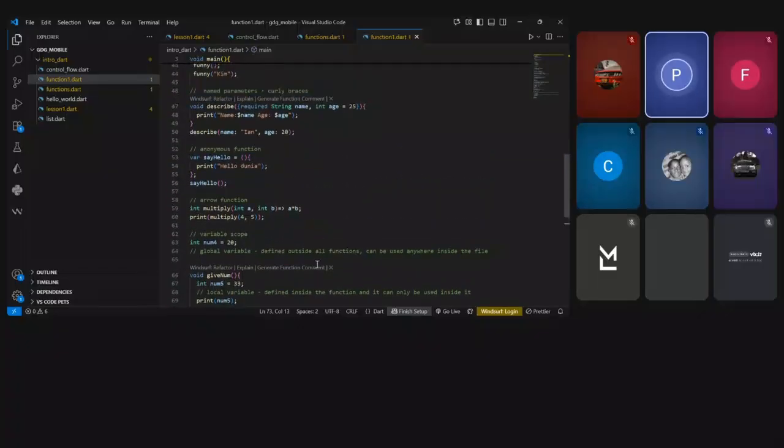I think nimemalizia ku explain functions. Is there anyone who has an error? Is there anyone who has an error, a question, anything that needs to be clarified? So tumesoma what functions are. Let me just give a brief recap